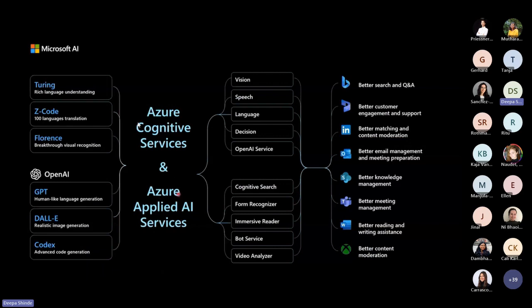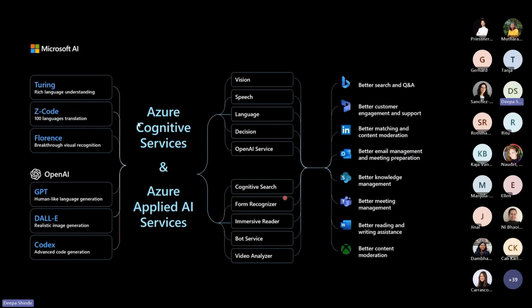So again, like I said, there are these services that you would have access to, and some of these I mentioned here. So for example, vision, speech. I'm not going to go into details of this because the name itself kind of speaks for it. Language services, decision-making services, as well as OpenAI, but you wouldn't have access to Azure OpenAI service. Cognitive search is an intelligent search platform which will help you point to certain databases and build intelligent search. Again, today we are not going to discuss cognitive search.